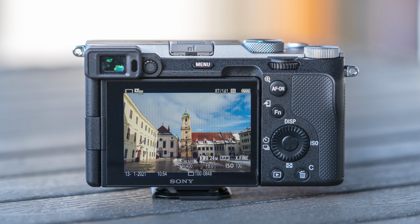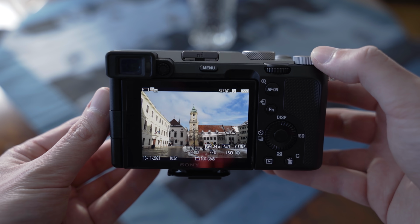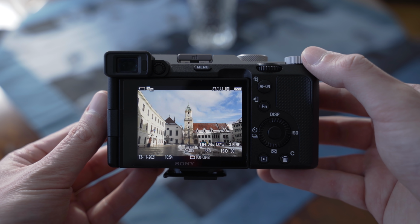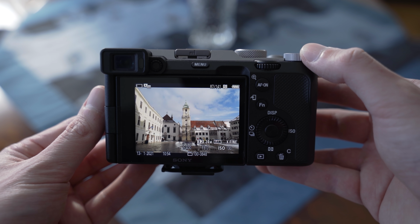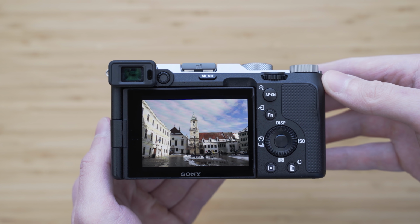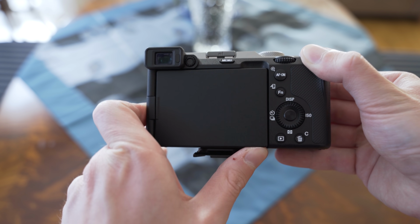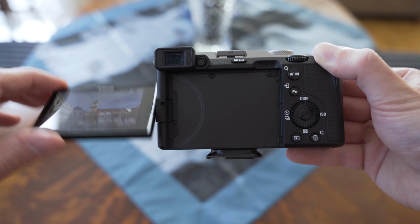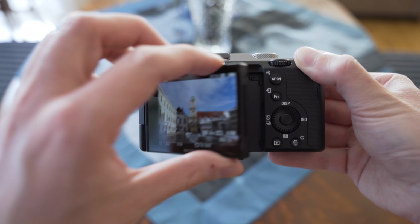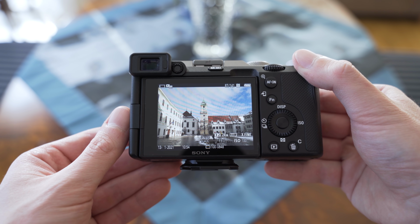This is a well-known 921,000-dot 3-inch panel from the A7 III. It is usable, but by 2021 standards, it is below average. At least the brightness is sufficient in sunny weather settings. The screen is fully rotating. As you probably know, I don't like rotating screens, but considering what the target audience of the A7C is, I understand